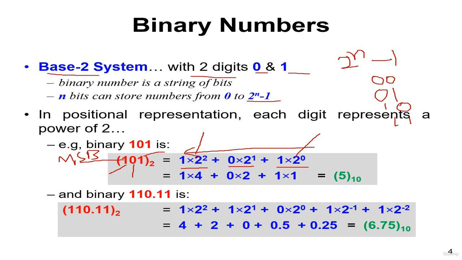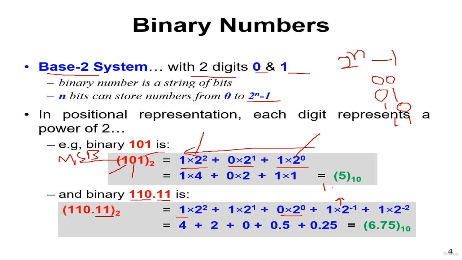Similarly, if we have this binary number 110.11, we have a fractional part as well. So we would write it like this: 1 multiplied by 2 raised to the power 2, plus 1 multiplied by 2 raised to the power 1, plus 0 multiplied by 2 raised to the power 0, plus. Now once the fractional part starts, we would start dividing by 2, or multiply by negative powers of 2. So this is 1 multiplied by 2 raised to the power minus 1,